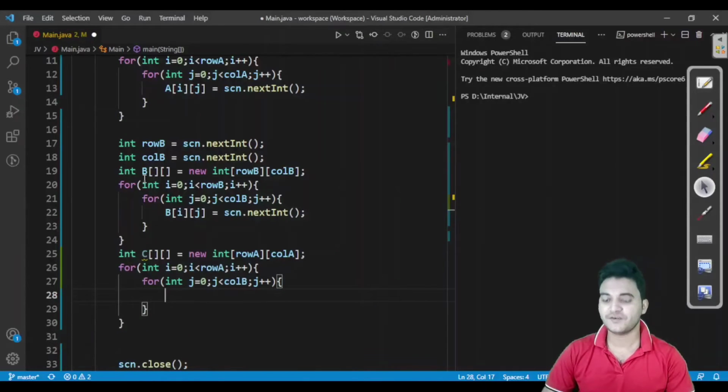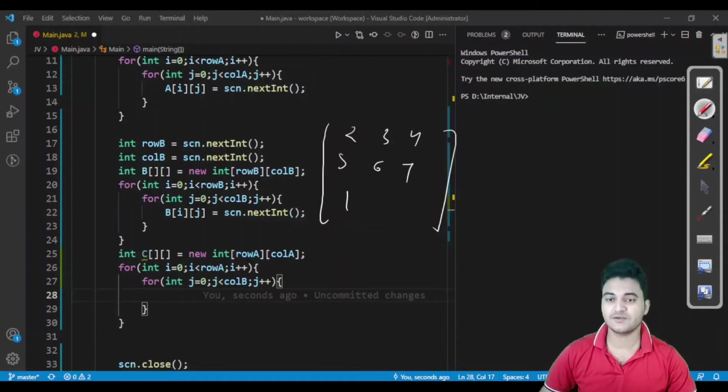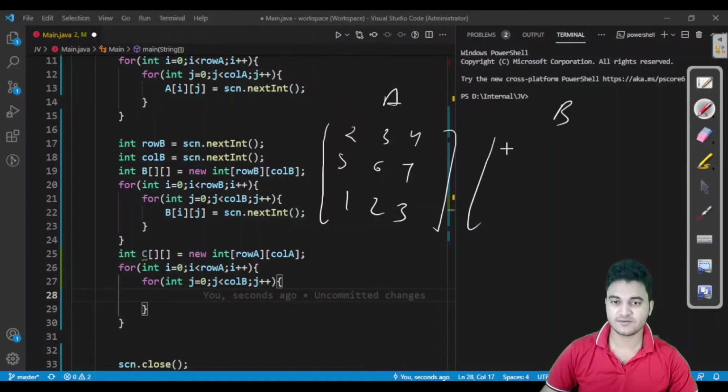So till now what we have done, if I draw here, this makes it easier while writing the program. This is the A matrix with 1 2 3, and this is the B matrix, 1 2 3, 5 6 9, 3 4 7.